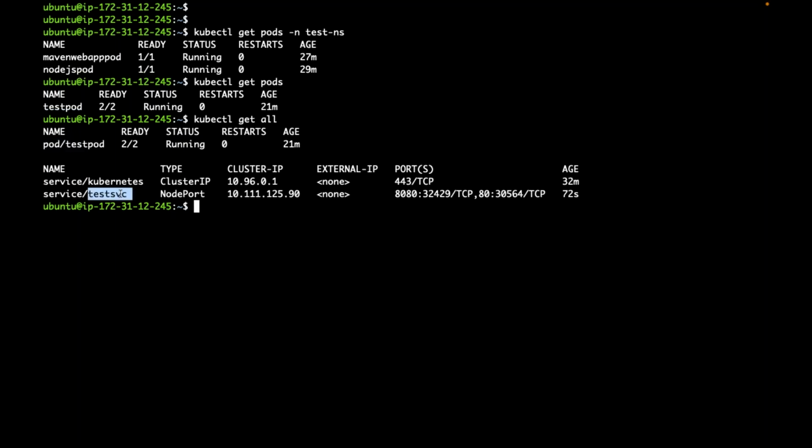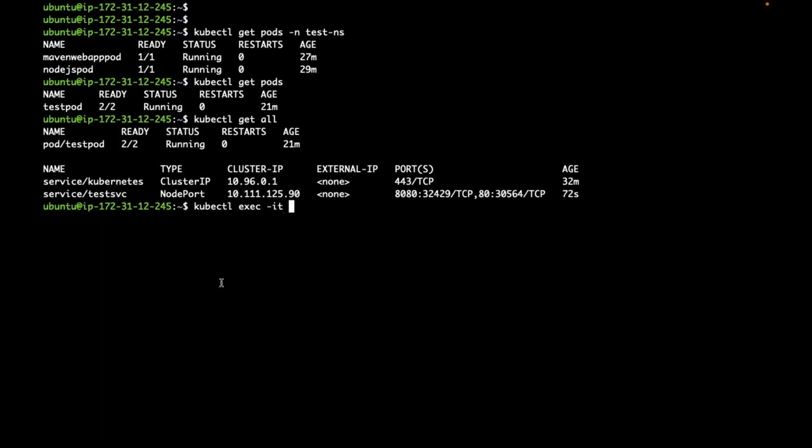Now, can I use this service name and respective service port? If I use this service name and this service port, is it going to reach this pod? Within that pod, is it going to route the traffic to that Java web app container, the Tomcat container? Yes. If I use the same service name and this port, is it going to route the traffic to that Nginx container which is running in the same pod? Yes. Let me show that.